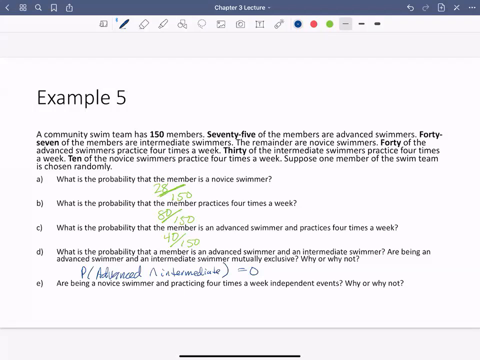All right, so E, it says, are being a novice swimmer and practicing 4 times a week independent events? Why or why not? Well, I mean, you need to prove it. You need to prove so. Novice and practice 4 times a week. So I'm going to prove this. I'm going to say that the probability of them being novice and practice 4 times a week